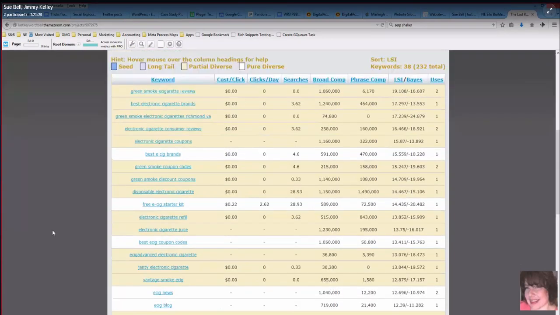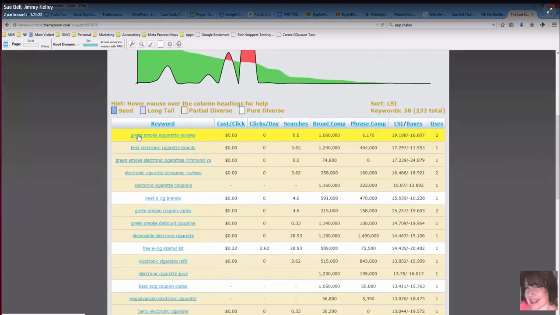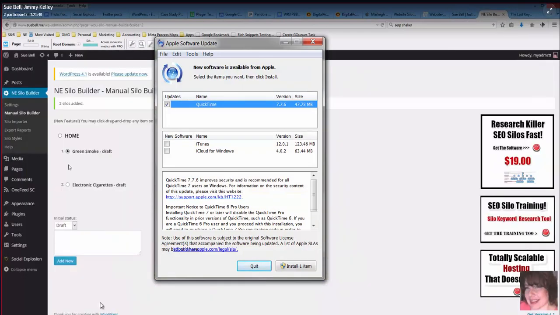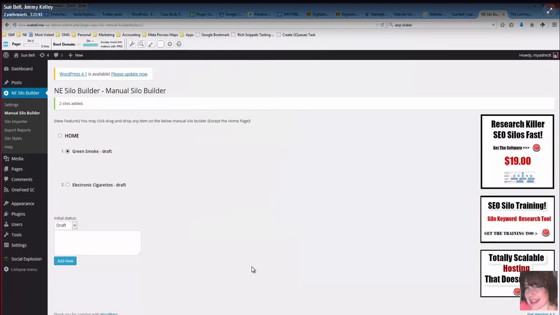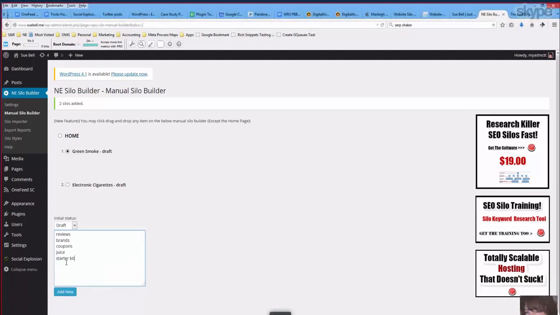So as you can see here, the way the keyword has come back because of the way we drilled into it, it's got green smoke repeated in that. Now, it's not a good idea to repeat green smoke over and over and over again when you're in the silo, because that could bring a panda penalty. So what we're going to do is just pick green smoke, and we're just going to take this list of keywords that we just talked about without the green smoke in front of it, and just have reviews, brands, coupons, juice, and starter kit. So we're going to take that and we're going to add those underneath the green smoke,